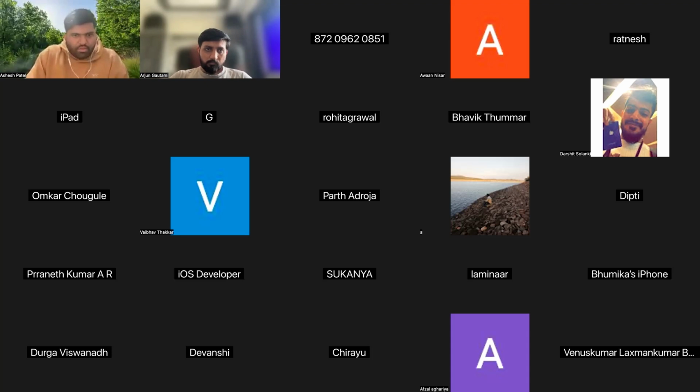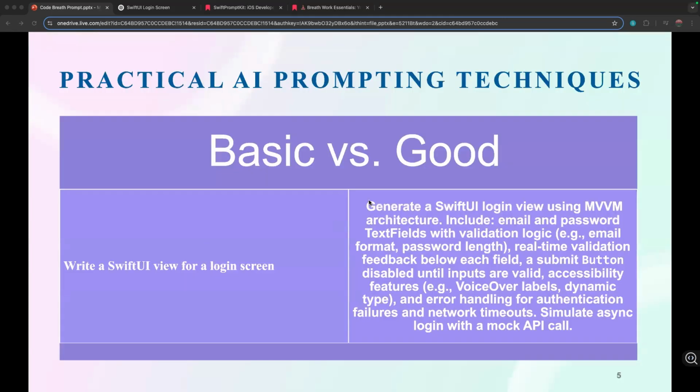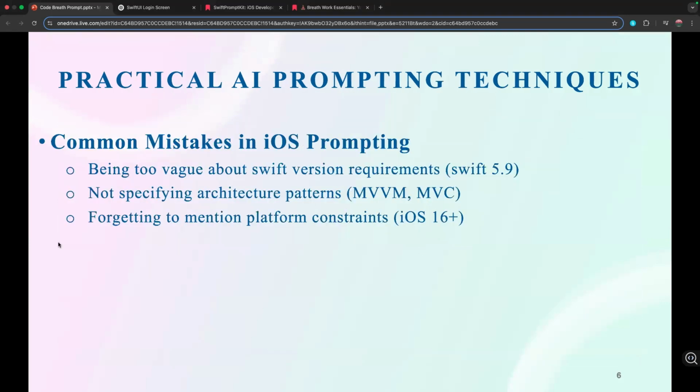So can you show us the example where we can put the whole prompt in a single shot? Yes. This one, right? Yes, that one.